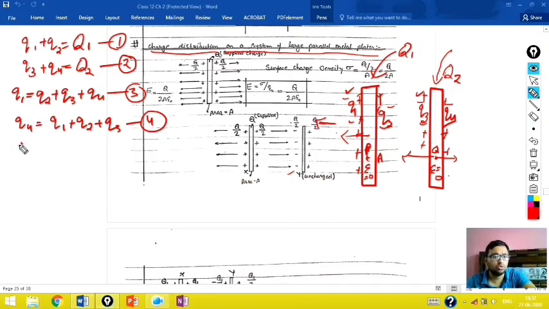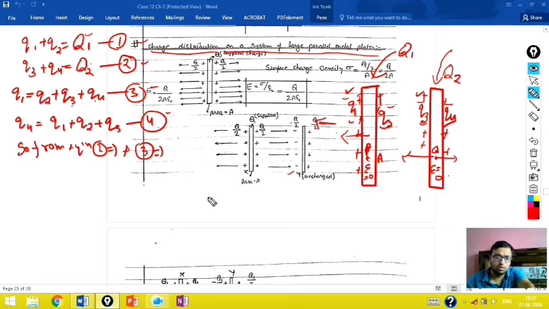So from equation 2 you can check that q3 plus q4. From equation 2 and equation 3, see here also q3 and q4 are given, here also q3 and q4 are given. Basically in our 4 equations, if you see carefully, there are 4 variables. Listen, capital Q1 and capital Q2 are known, but small q1, small q2, small q3, small q4, these 4 are unknown.